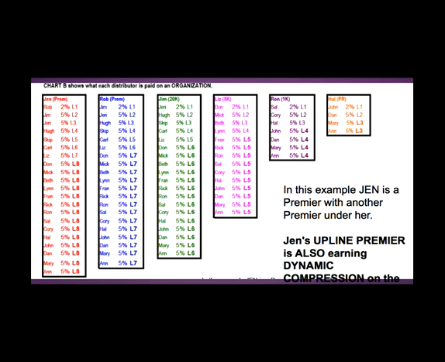Wow. Liz is a 5K. Look at how many levels deep she got paid on. Look at Jim, a 20K. Look at Rob and Jen. So what our compensation plan really means is a 1K gets paid on a minimum of 4 levels, not just on 4 levels, a minimum of 4 levels. A 5K gets a minimum of 5 levels.